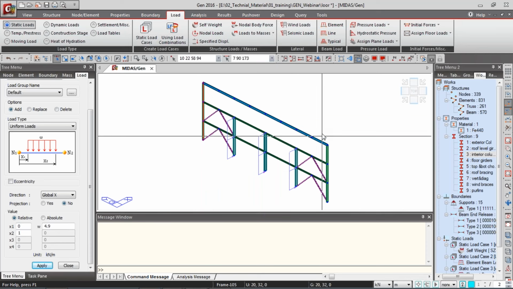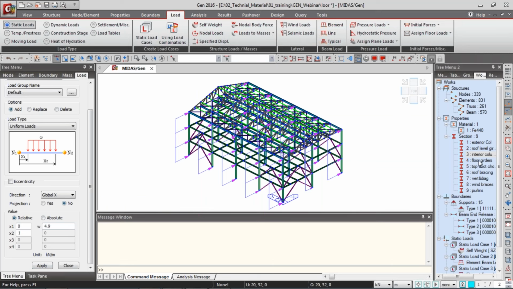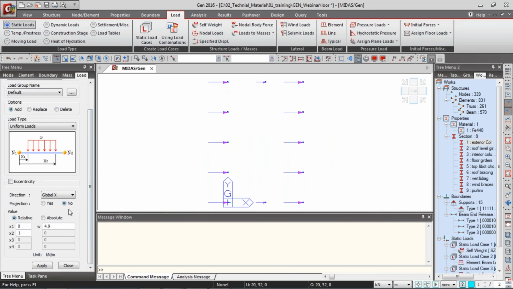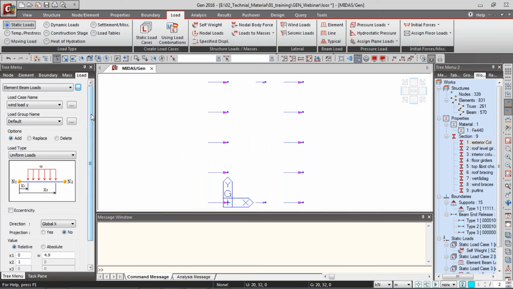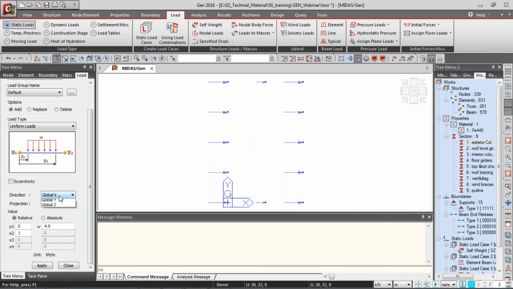Yeah, even these. Now we'll activate all, and open the exterior columns, activate. Now for the Y direction wind load, select the load case, change the direction to global Y,